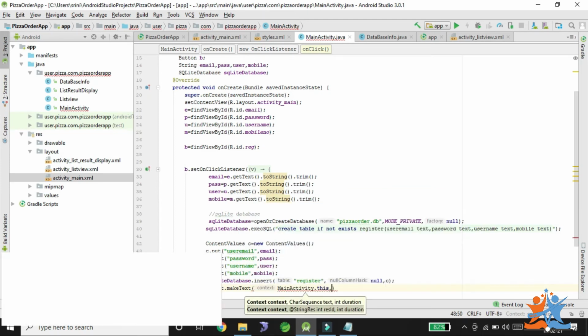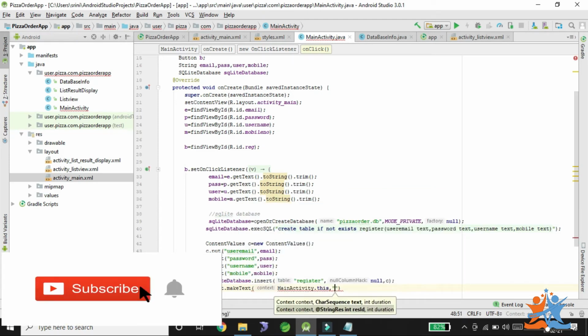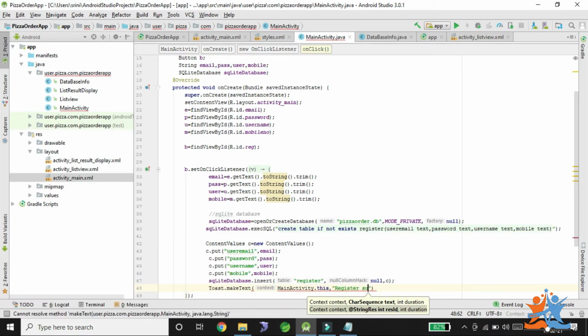In this page we need to get a message. What type of message? Registered successfully done. Then toast dot length, that is the duration.